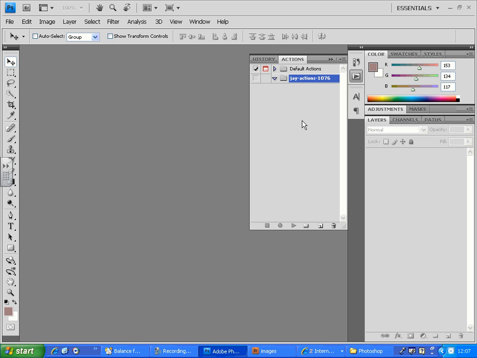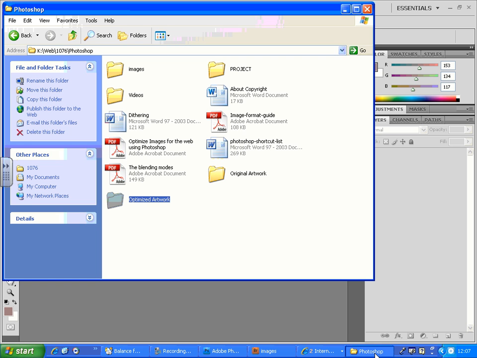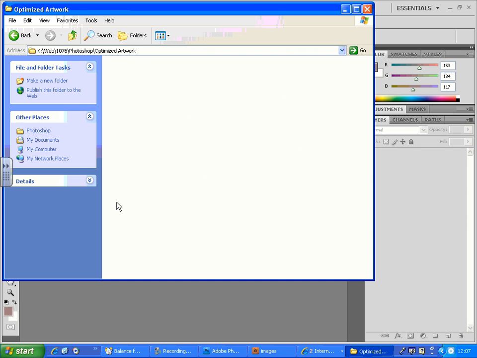So to record actions, let's just find some purpose. Let's just find some target. Now I've just created some folders for you. This is my Photoshop folder in 1076. I've got two folders here. One is called original artwork and one is the optimized artwork. Optimized artwork is empty because this is going to be my destination folder. Now in this folder,